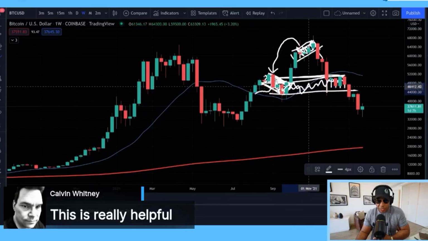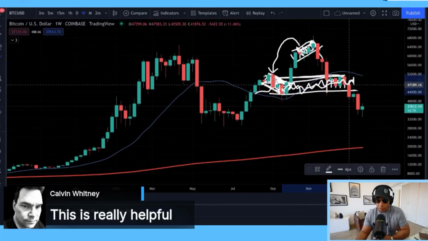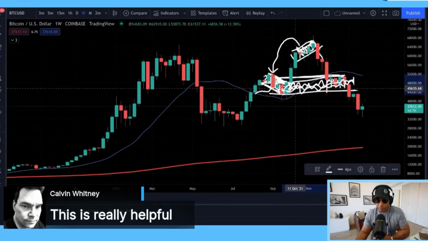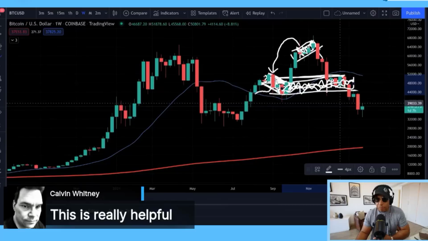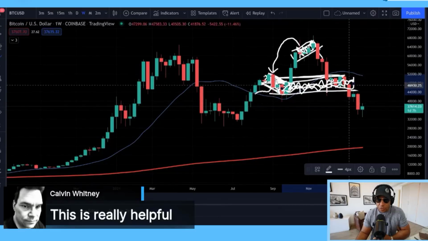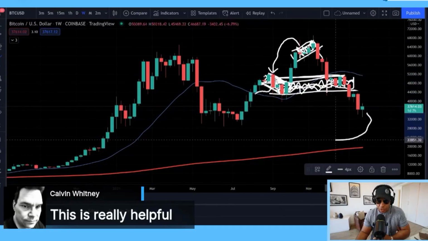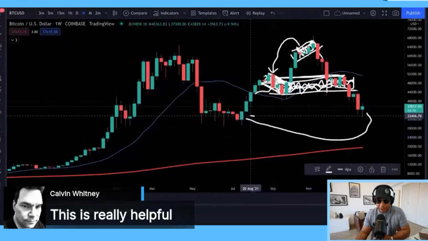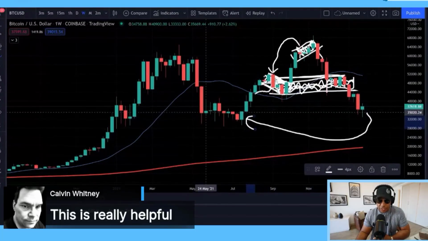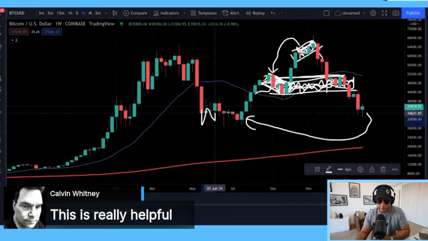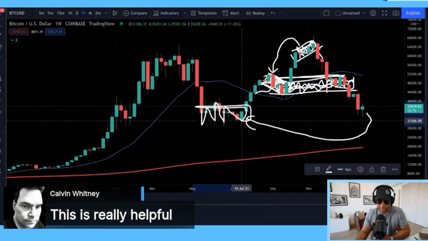But once we didn't hold, we tried to hold, but we broke it. And so now we have to look to the prior congestion area, which is down here,